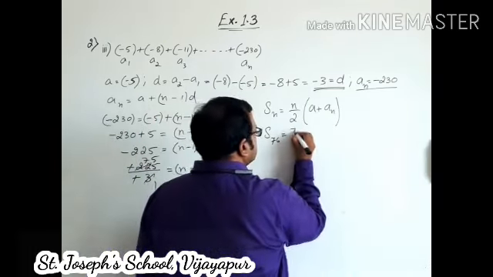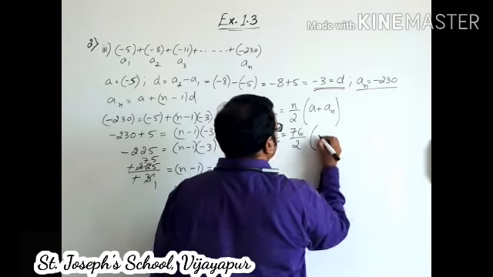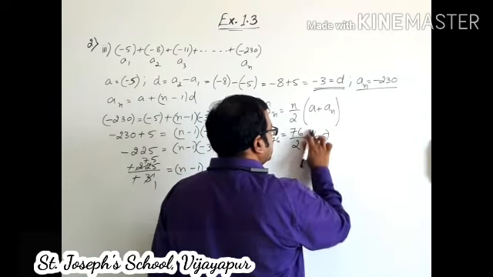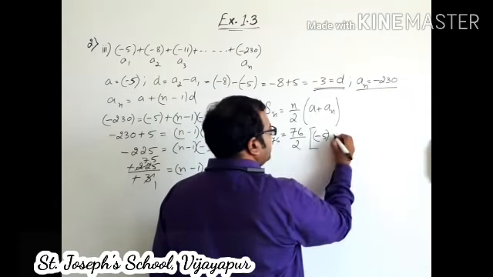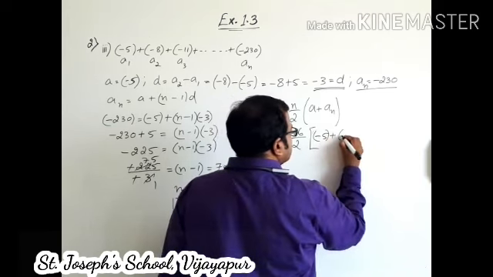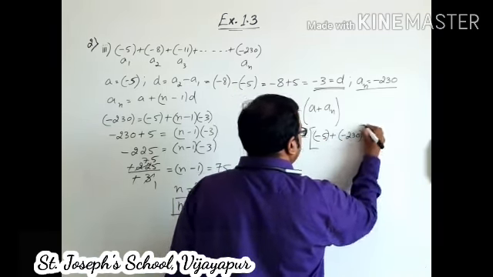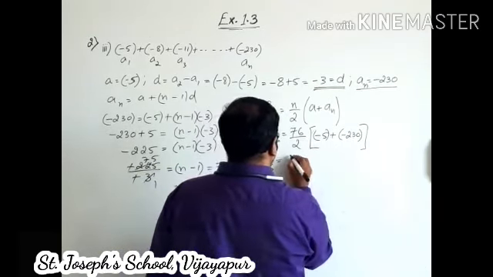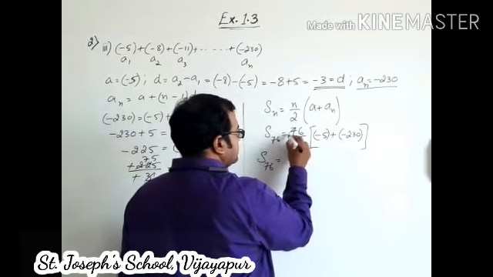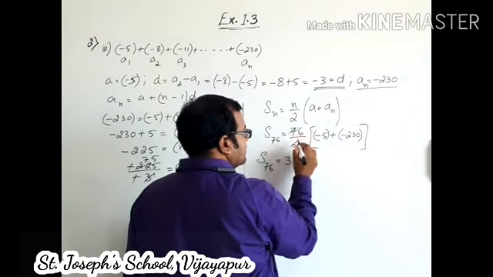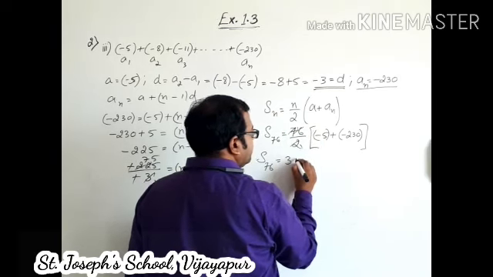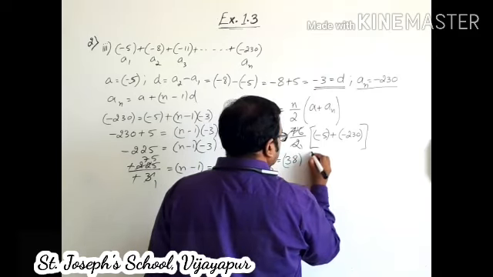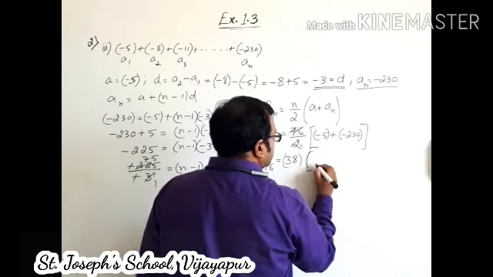Then it is equal to 76 upon 2 into first term minus 5. Careful there. And change this into a box bracket. So minus 5 plus An is minus 230. Now let us simplify. S76 is equal to 76 by 2. You can simplify this: 2 3s are 6, 1 remaining, it makes 16, so 2 8s are 16. So 38 into,